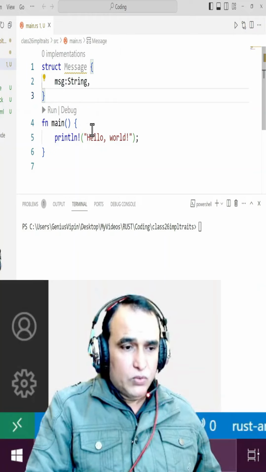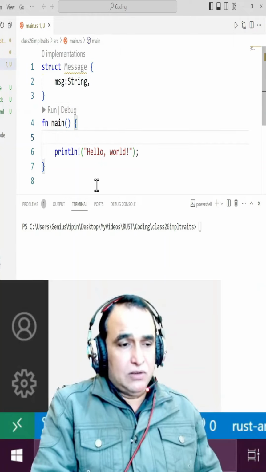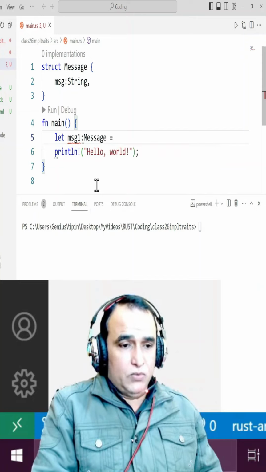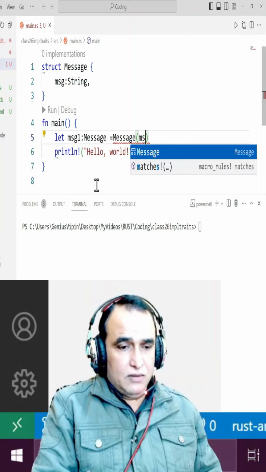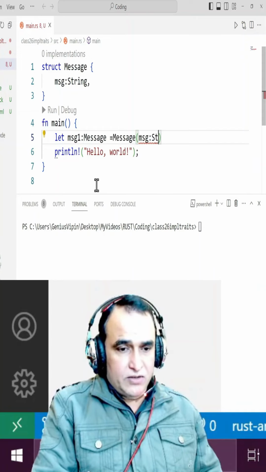Now I am going to use this structure first of all. So I say let msg1 of Message type equal to Message, and here I need to define the message for this. So I say String::from